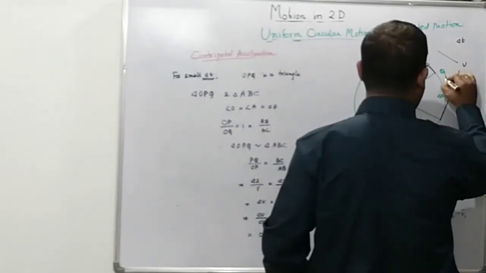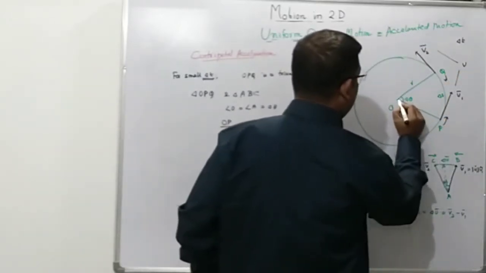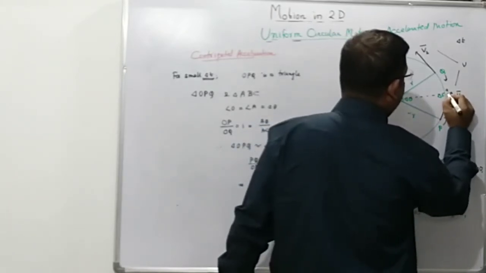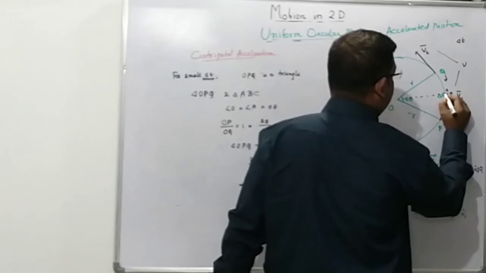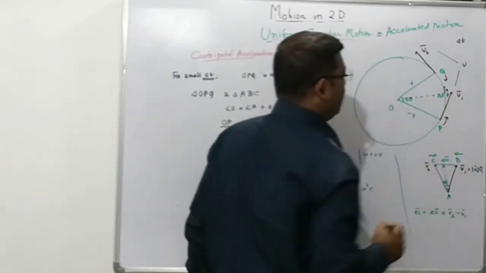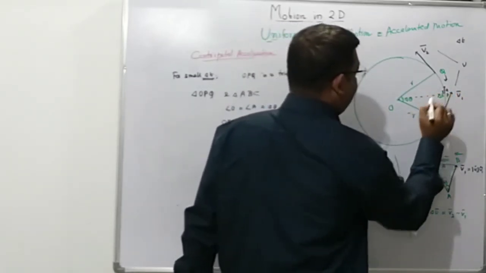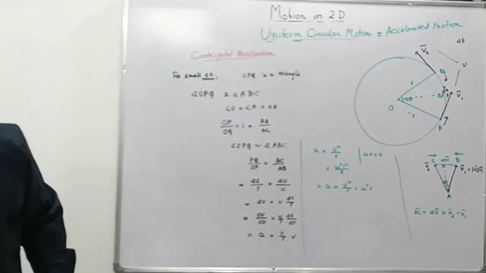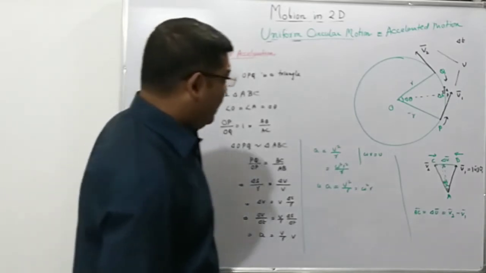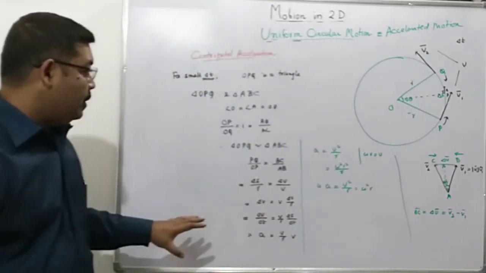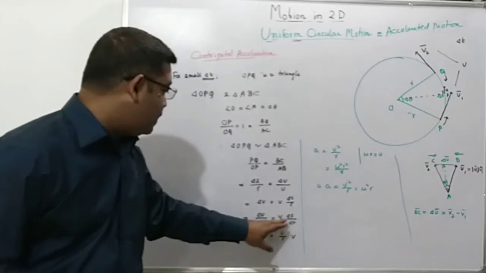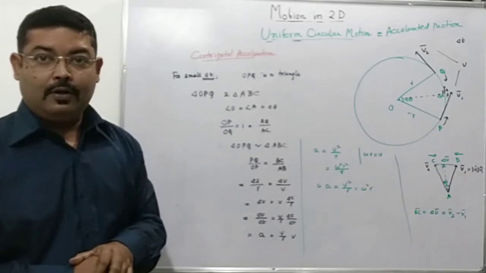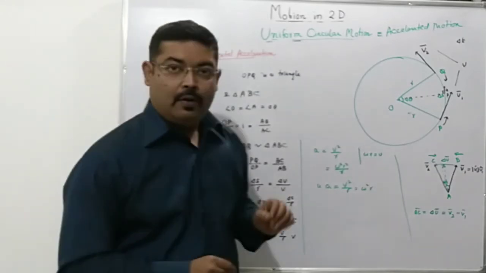together, the lines will come closer and closer. P and Q will come closer, and so both will almost meet at some point. This will be Q, this will be P. So delta V from P to Q will again be tangential, which means delta V will be perpendicular to the radius vector. So what it means is that the change of velocity will be perpendicular to the radius, right?